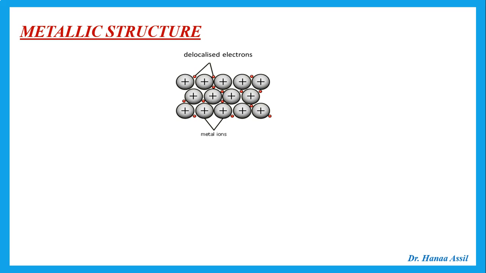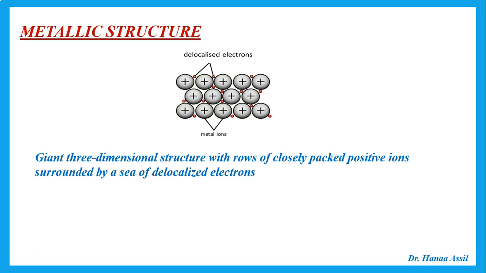Now, what about metals? Metals also have a giant structure, because we said metals have regular rows of positive ions surrounded by a sea of delocalized electrons. So if we're going to describe the structure of any metal, he says describe structure of copper or zinc or sodium, any metal. It has giant three-dimensional structure with rows of closely packed positive ions surrounded by a sea of